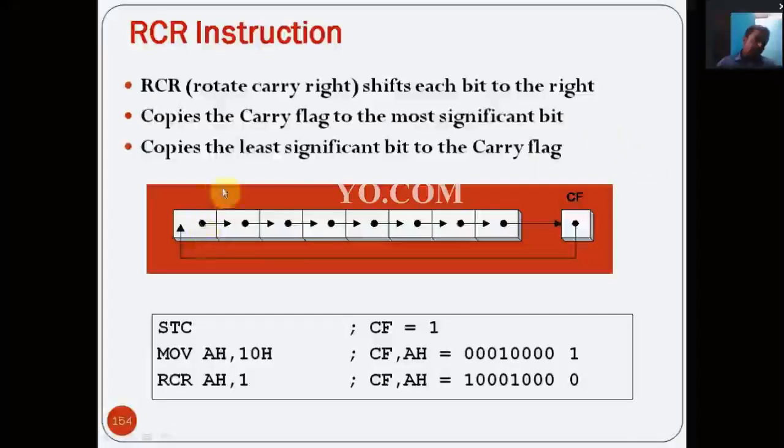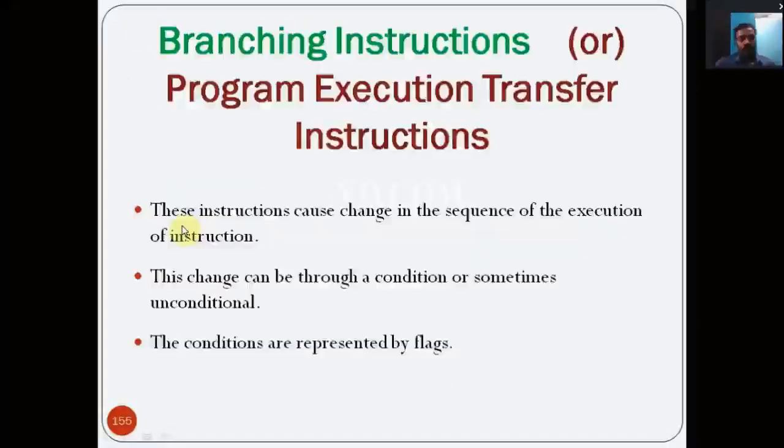So this bit is rotated here, then the carry flag data is moving to this higher bit. So up to this, the data transfer instructions are completed.